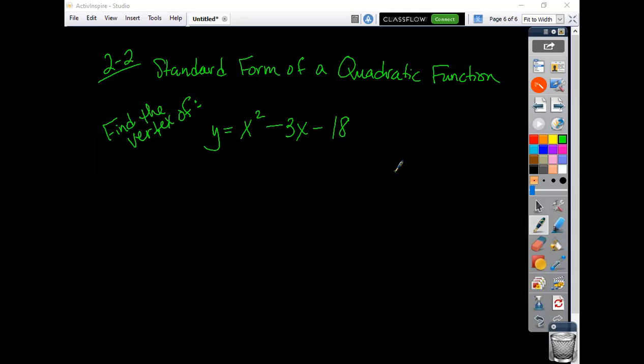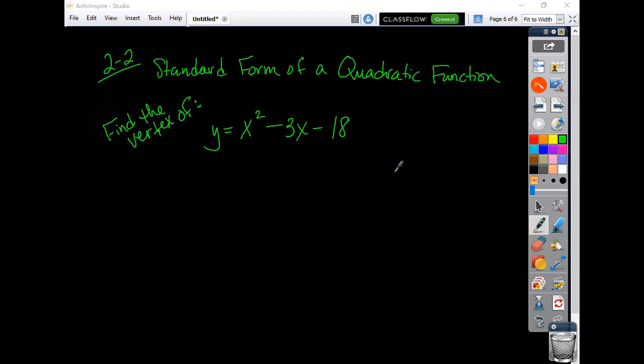Okay, let's try lesson 2-2 here, the standard form of a quadratic function. So if we have a quadratic y equals x squared minus 3x minus 18, and we're being asked to find